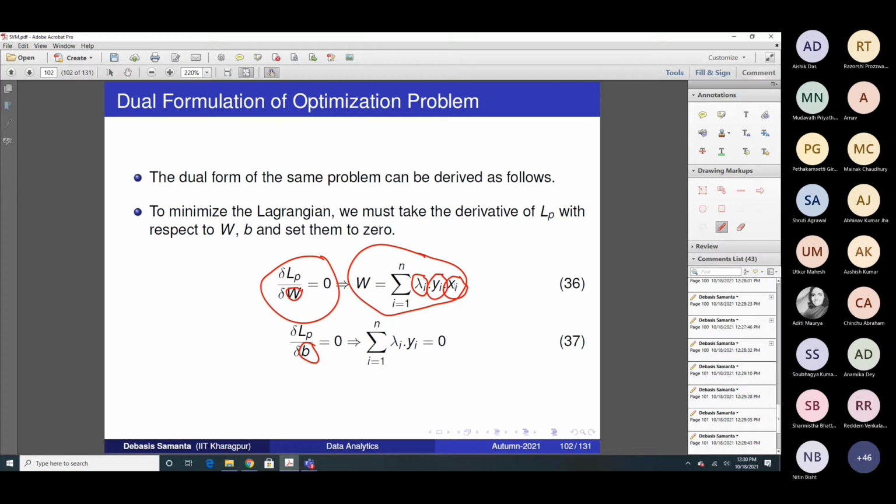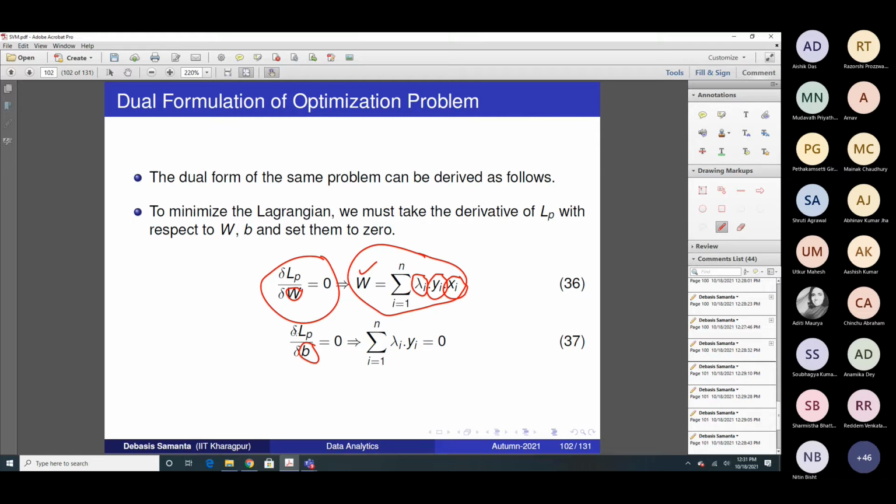xi is a vector, which means it can be represented as a one-dimensional array; if there are n attributes, the size of that array is n. So xi is a vector containing n components of data. A vector can easily be multiplied by a constant, no problem. So simply multiplying the constant with the vector and taking the sum will give you W. W is the weight matrix that we can obtain.